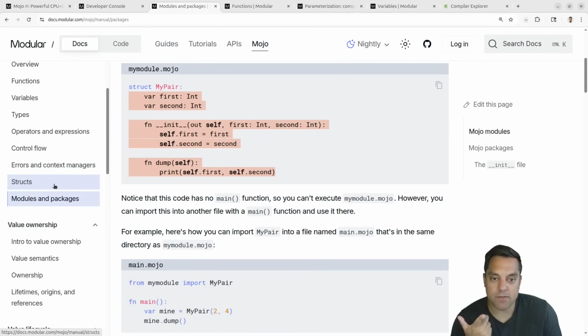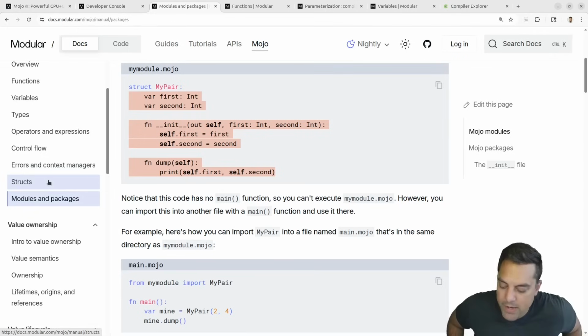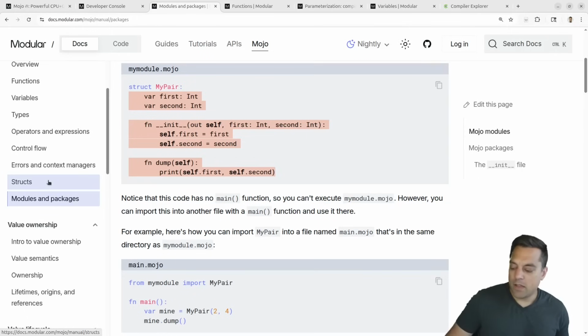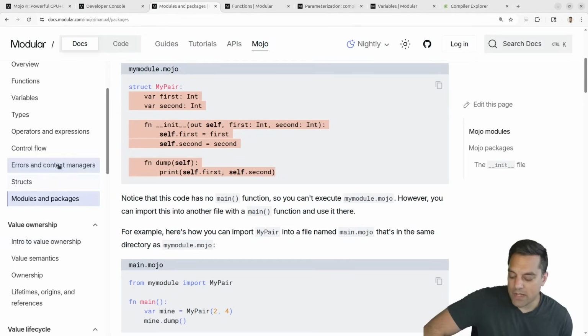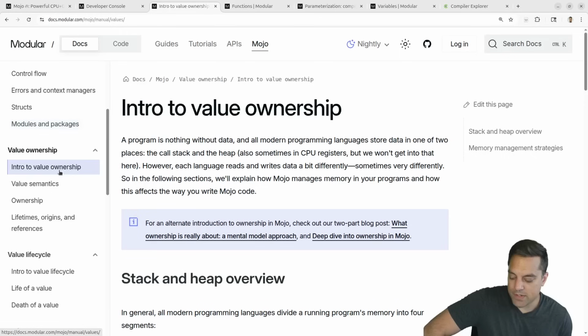I mean, it's structs, functions, variables, loops, other stuff that you're familiar with. So a nice little getting started guide here. And the language itself is pretty simple. We're getting pretty decent error messages. The trait system's really cool. You can see how that could be very, very powerful. So there's really no limit with this language here. But ultimately what we want to get to is some of the more powerful features here. So let's just take a look at